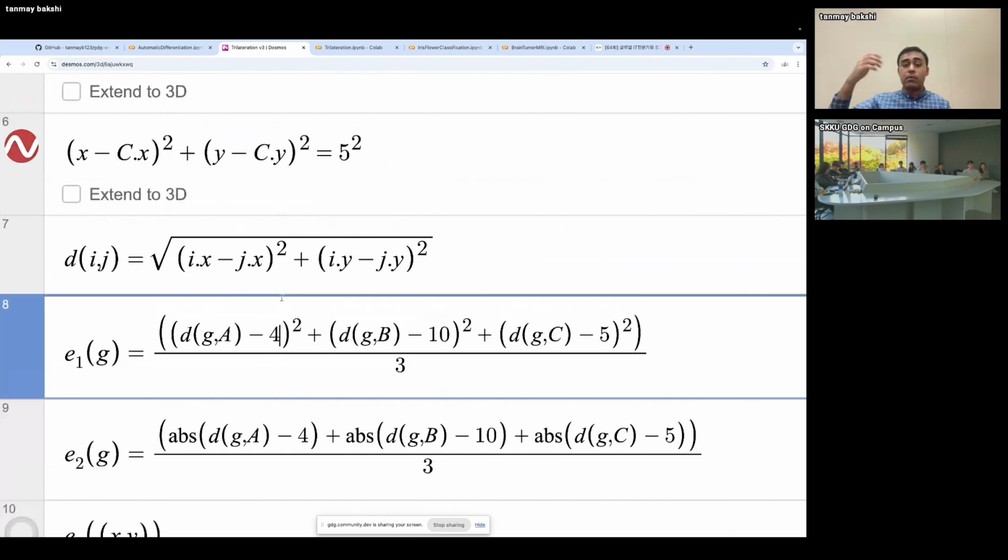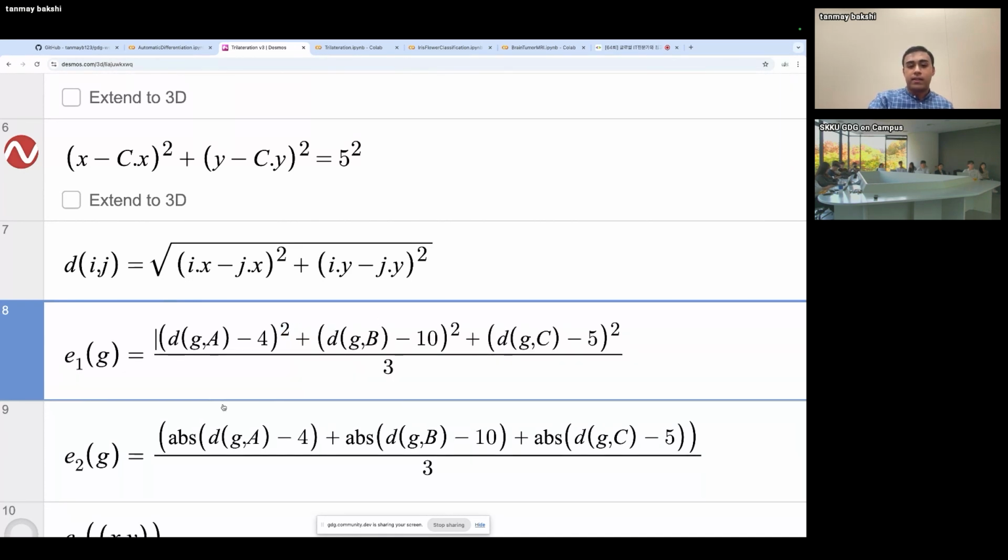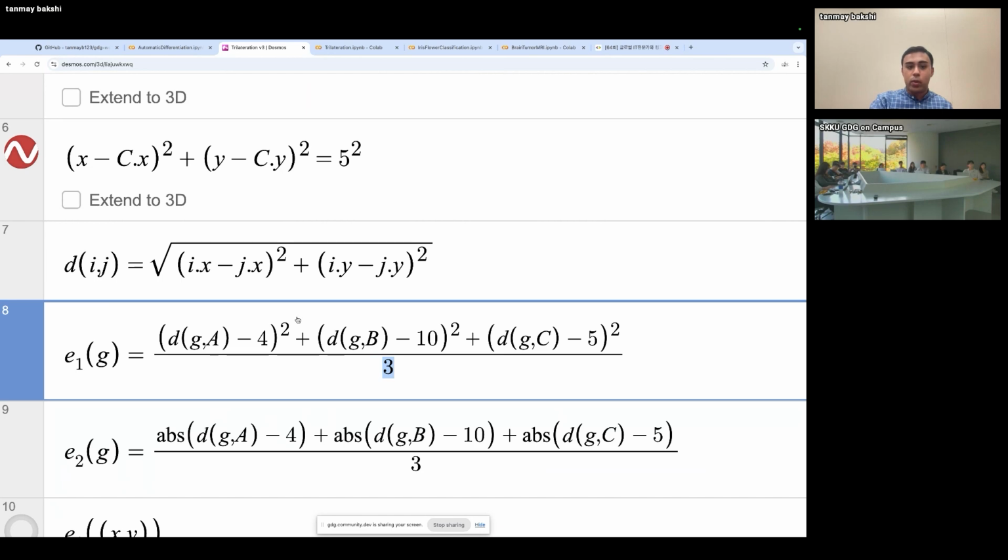because we don't want it to be a negative number. We want it to be a positive number, and we want to amplify the difference between what we guessed and what we know. And then we get the average. So this function here is called the mean squared error function. It's effectively, because we're getting the average squared error, right? So mean squared error function.